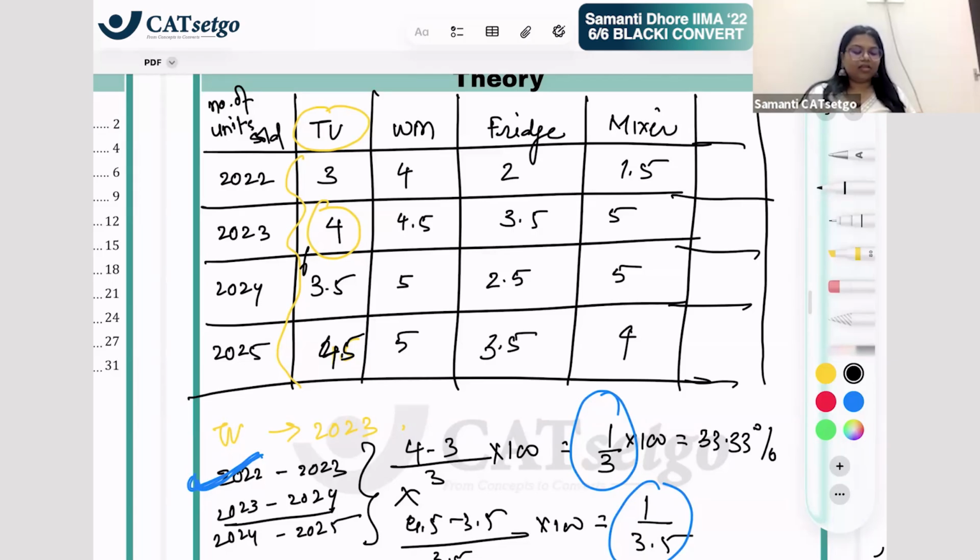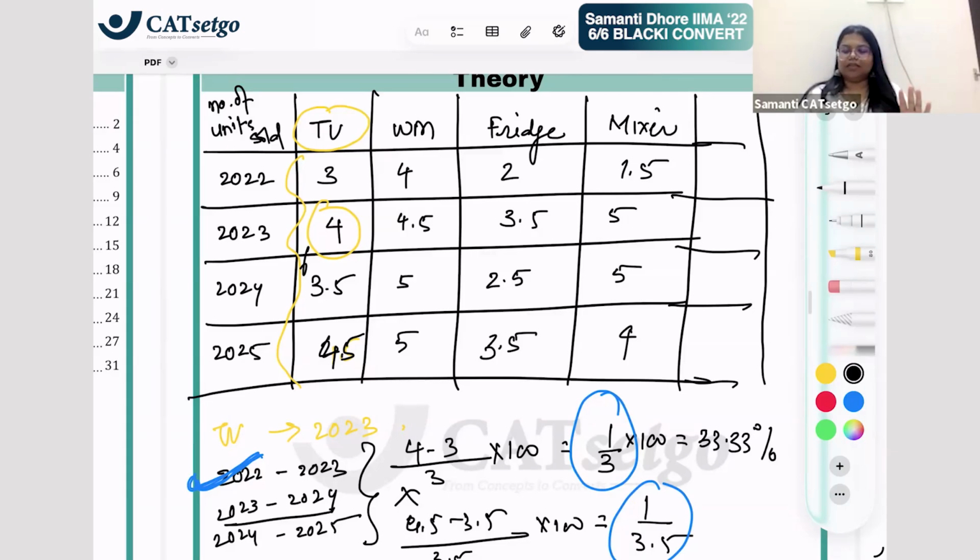Now DI questions are given in multiple forms. This is tabular data. In a table, some data is given to you and you're supposed to extract it. Instead of this, caselets also come. Caselets is basically when, instead of writing this table, they would have given the same thing in a paragraph. You will have to make a table out of it and then interpret it. That is how caselets are.